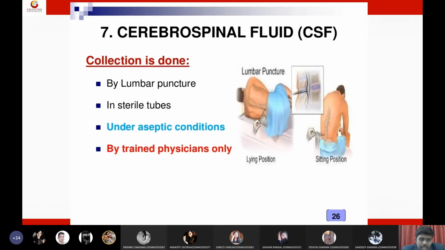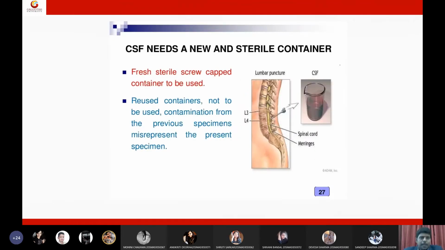So do I need to discuss in detail about individual procedure, students? I guess no, right? No, sir. No, not required. You studied these things in different subjects in detail actually. So you just have a basic idea on collection of samples, various samples from various sites of the body. How to collect urine, how to collect blood, how to collect CSF, how to collect swabs. Okay, just have a basic idea.